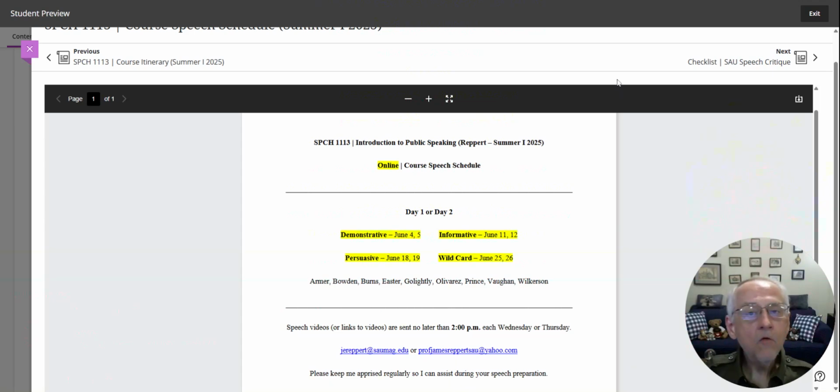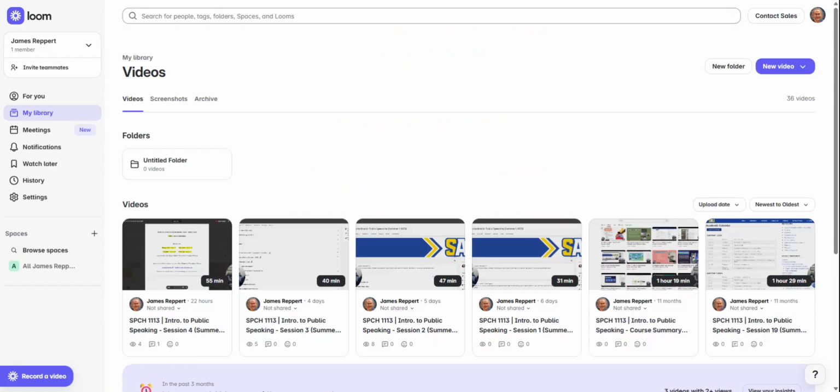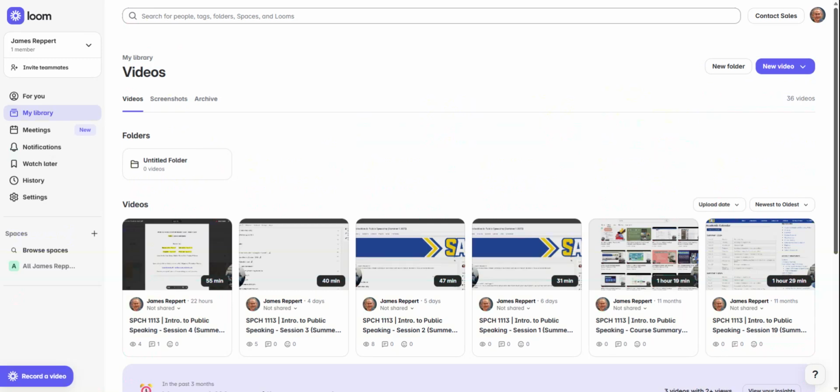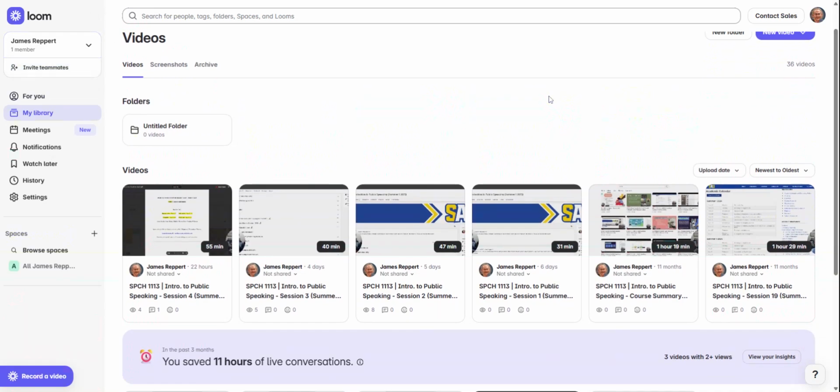Let me show you what Loom looks like in case you forgot. I always have a number of tabs open. Let me show you as of right now what my Loom library looks like. As a media person, I always believe content is king. So you can see as I scroll down in my library,